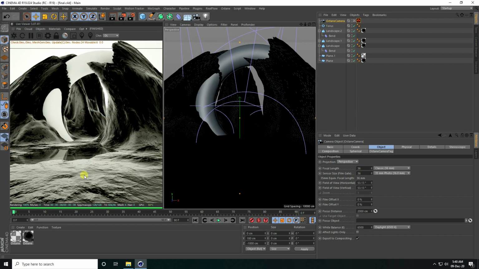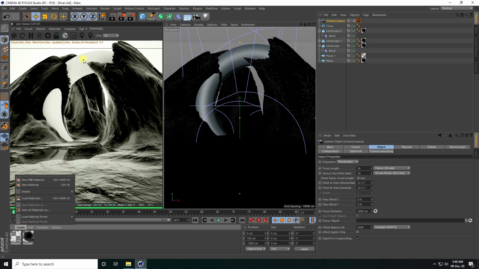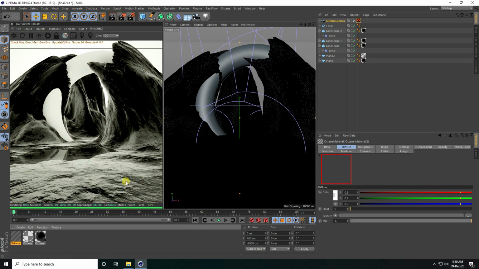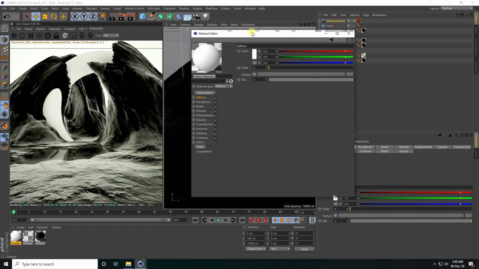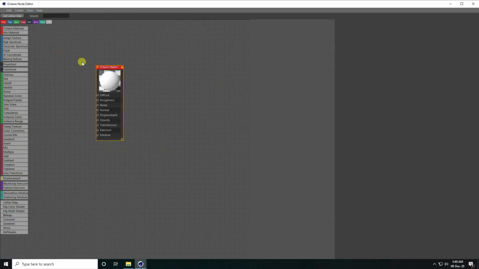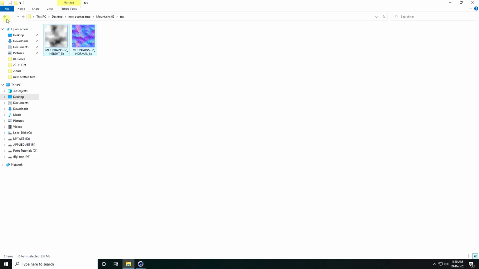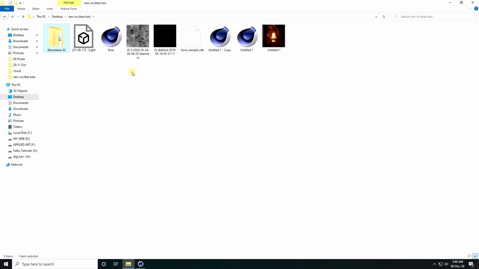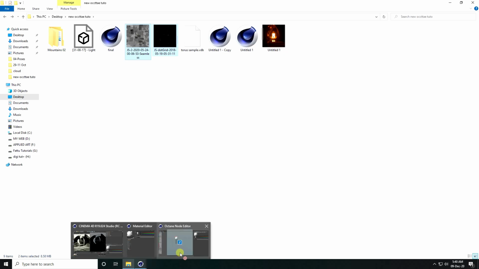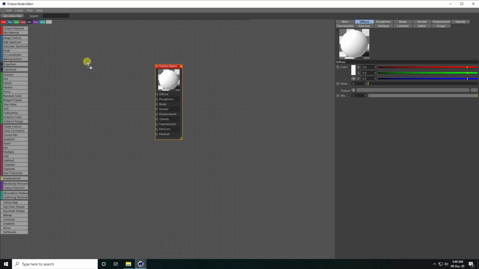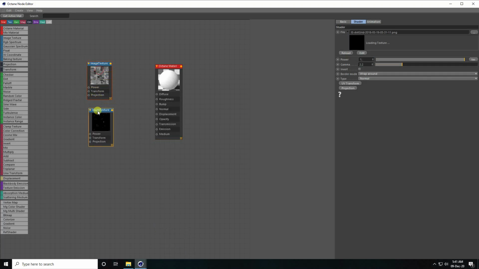Yeah, okay, so now guys, the composition is good. I create a texture for this torus, so open the node editor, guys, same. And this time I have some texture. That's my displacement texture. Guys, you can download all these textures from my website. It's free. So select this texture, drag and drop.